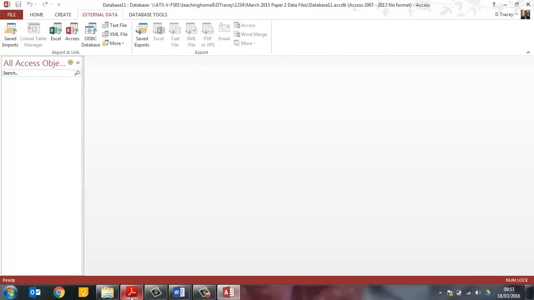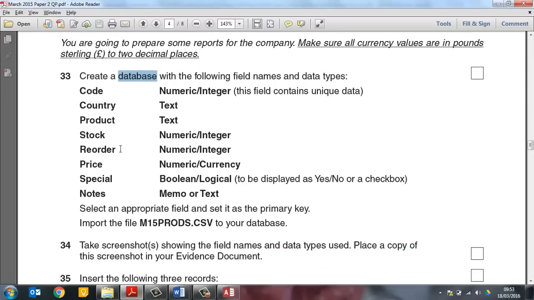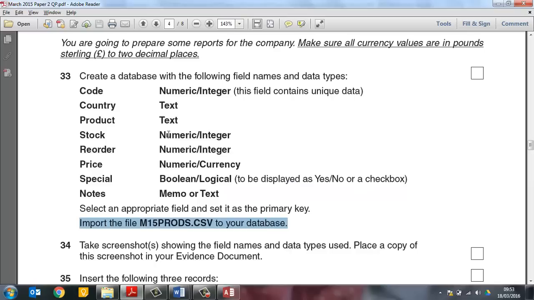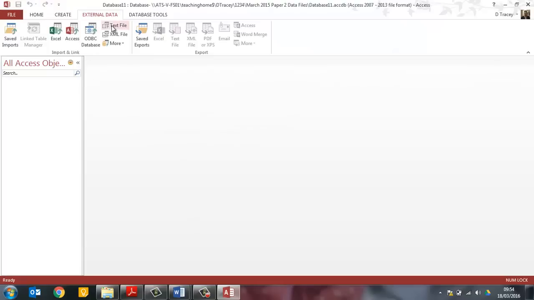Now this task is slightly different. It's telling us to make a table that has these fields and then import that file into it. Although it says that, I'd still do it the way that you know, because there's no point creating it first. If you import this first, we can then assign these field names, and you'll see that as we're going along. So if we click on text file,